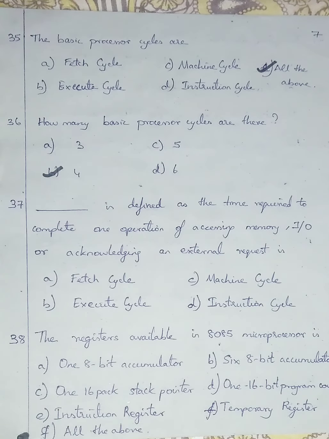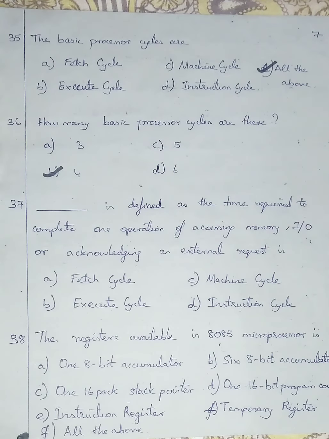The time required to complete one operation of accessing a memory. We are going to access a memory. There will be some memory in the memory card. We are going to copy that and paste it on our computer. Think that we have a pen drive. In the pen drive, we have films, and we are going to paste them on our computer or laptop. First we select the pen drive, then copy from there, then paste it on the D drive. The time required for accessing that memory from the pen drive and pasting here is what the question asks.